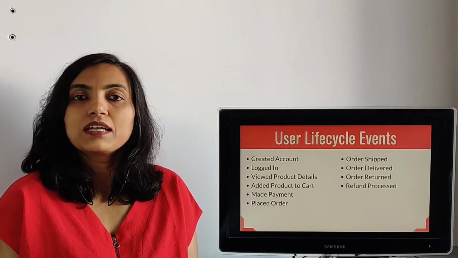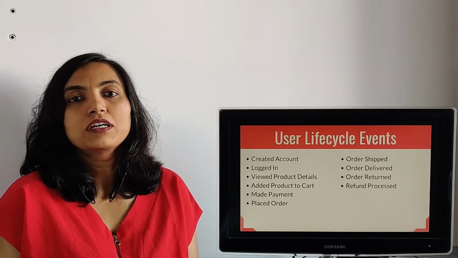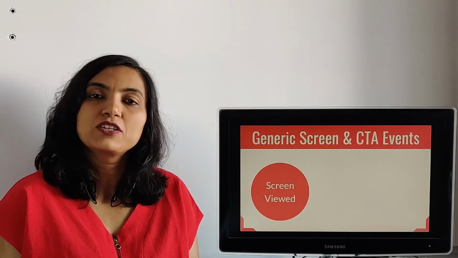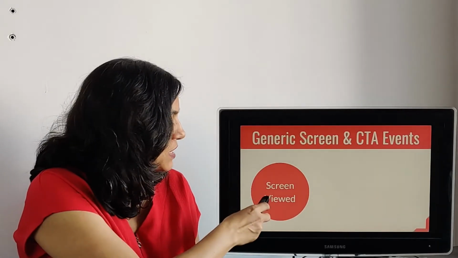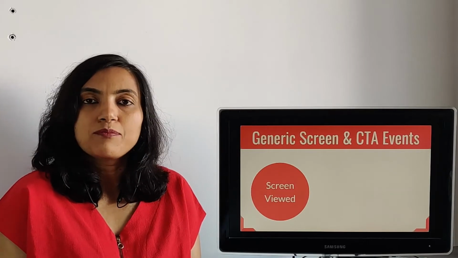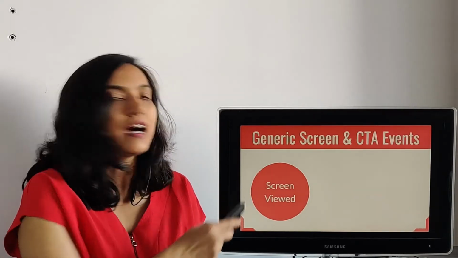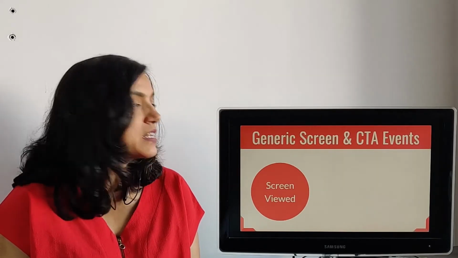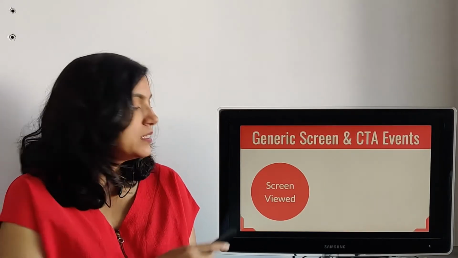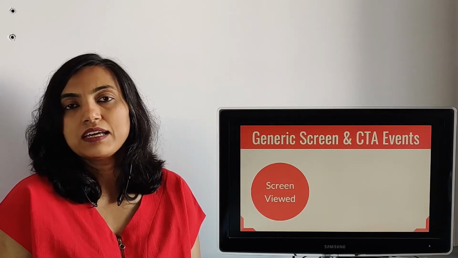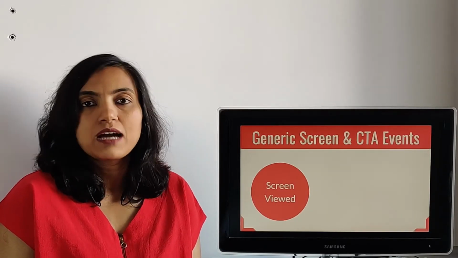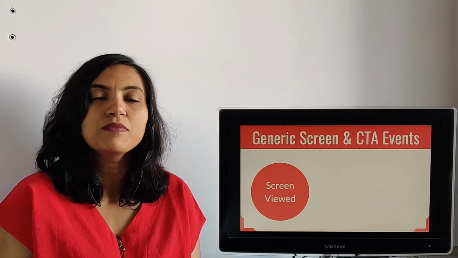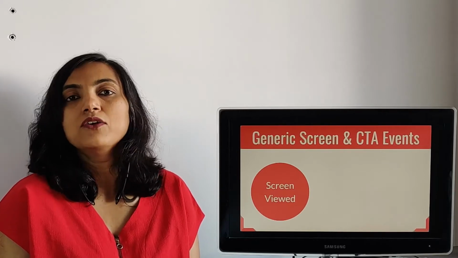Apart from user lifecycle events, a good way to cover all bases is to send a generic event for every screen or page viewed on your product. It can be a screen viewed event where, apart from the event, you will capture screen ID or screen name as a property so that while analyzing, every screen can be uniquely identified. The advantage of sending a generic event like this is that you always have a basic grasp on the actions of the user on your platform, even if some specific events are not captured.